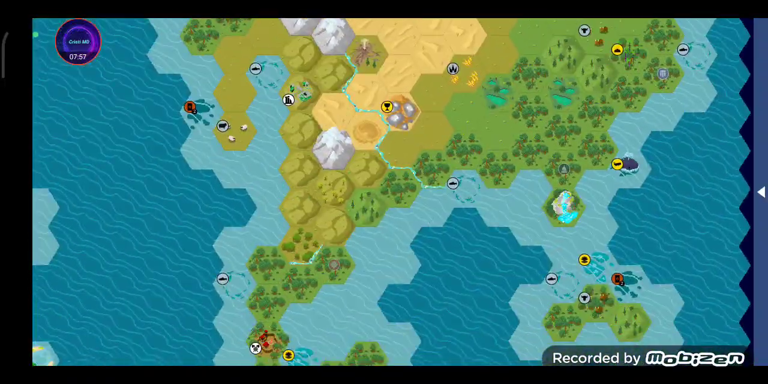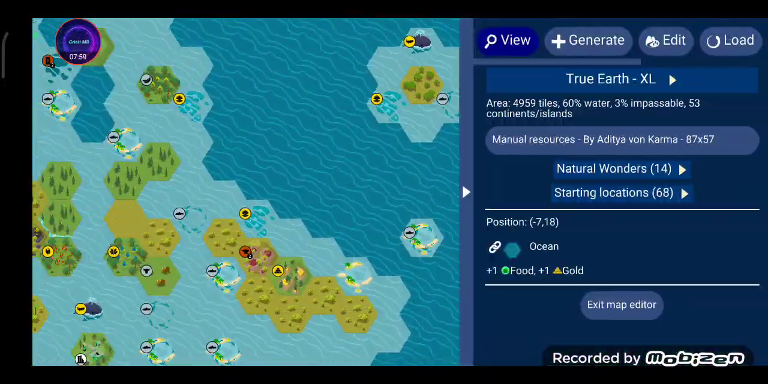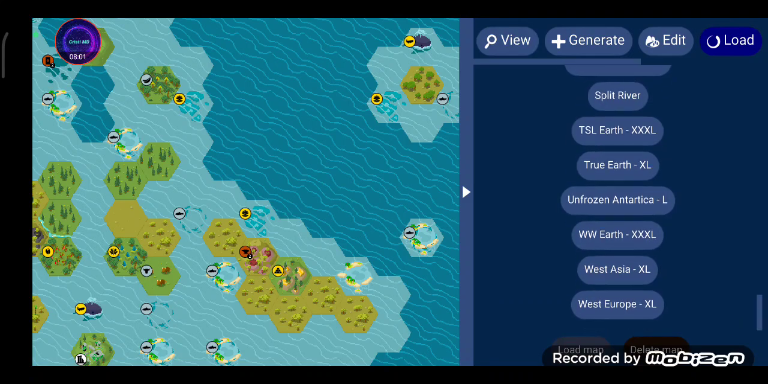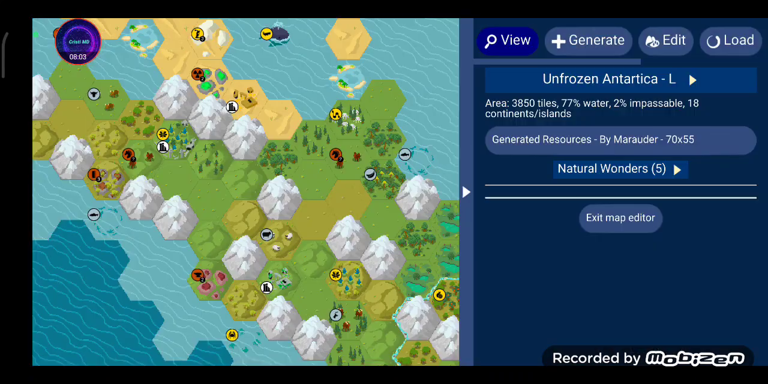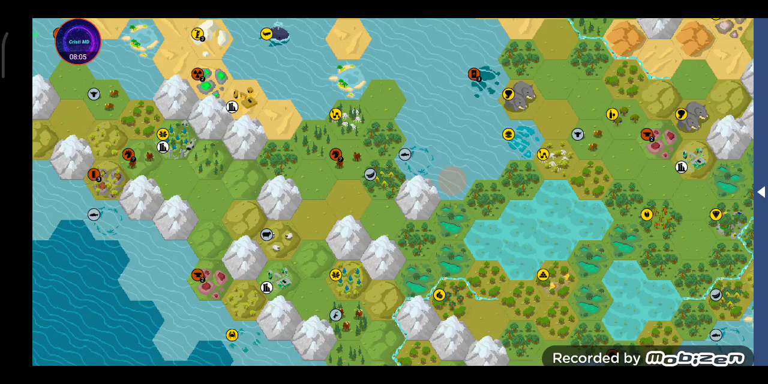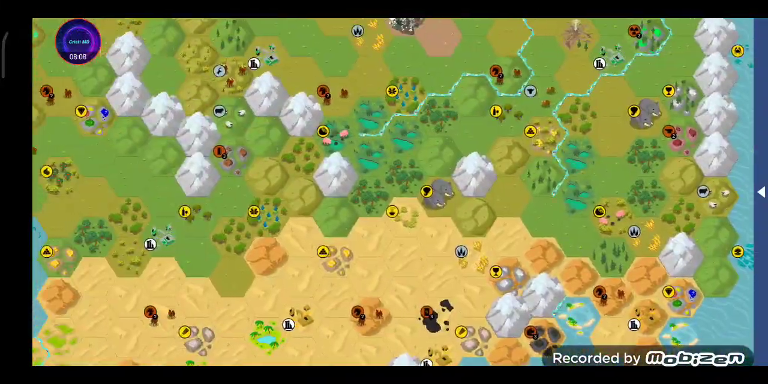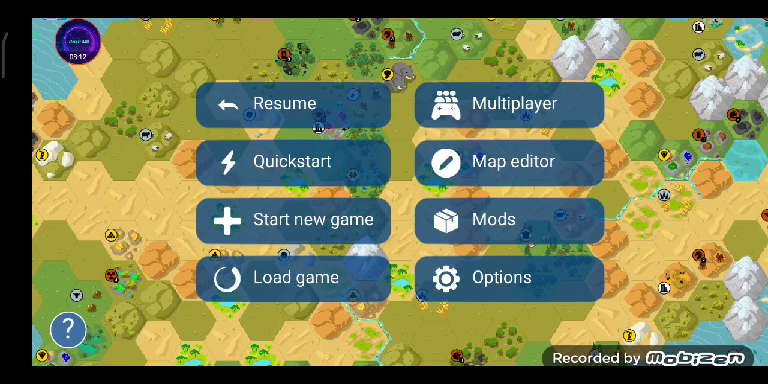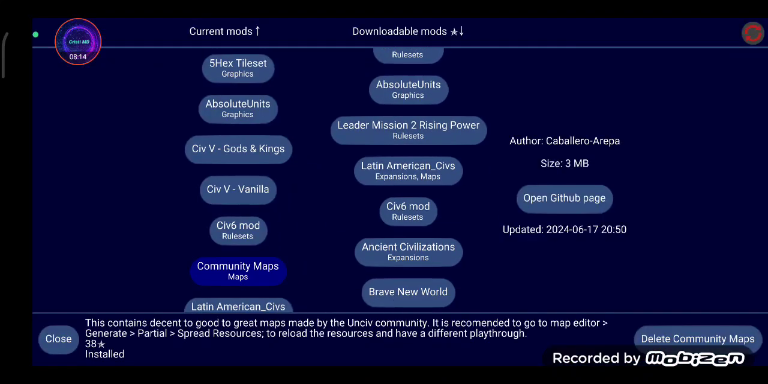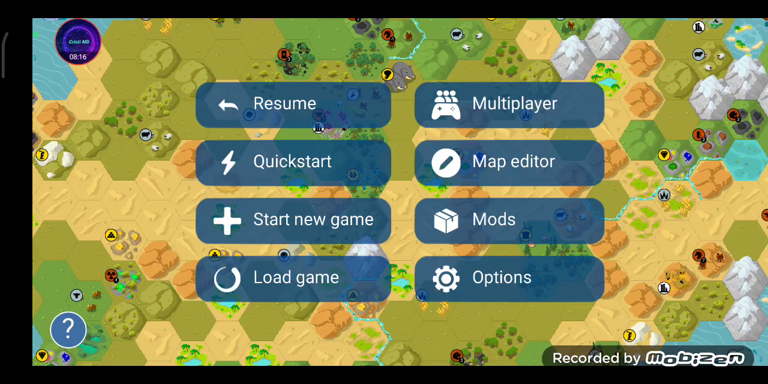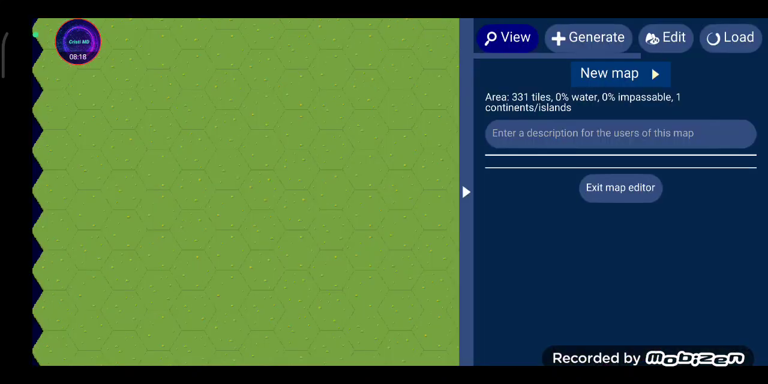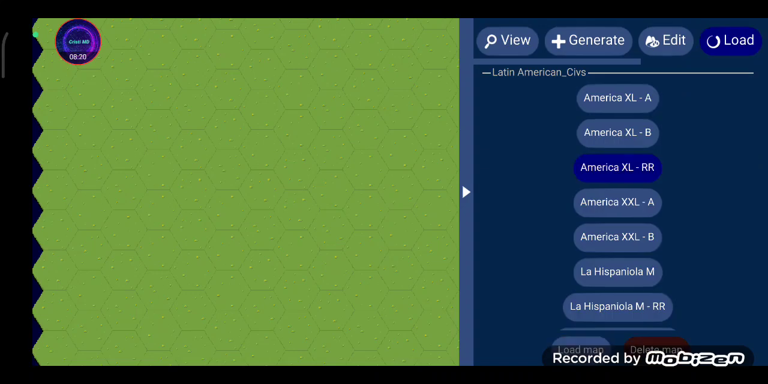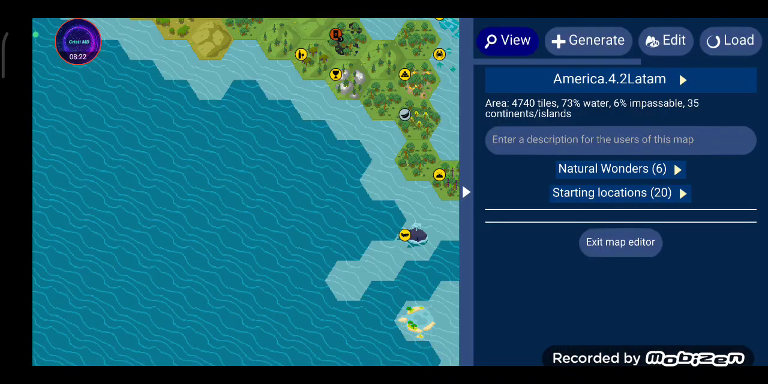There we go. And if you want, for example, another map, let's say Unfrozen Antarctica. This is like the Unfrozen Antarctica if you want to play with it. And this is what you want to play if you have a map. How do you activate? After you have made, let's say, America, you can just load the map, and